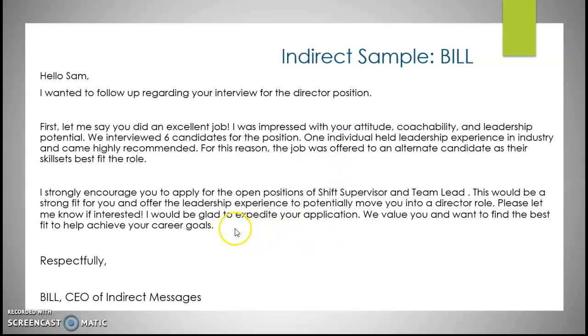All right, so let's examine the close. Now note, again, there is layers of support and courtesy within this throughout Bill. So we're recognizing to the reader, like, we understand you don't want to feel this way, so you're emotionally buffering as well. So in the close, we're offering alternatives. Hey, here's 2 other roles that I think would be a great fit. I'd even go as far as expediting your application. This could further your career path. And then again, we have restorative comments. We value you. We want to find the best fit.